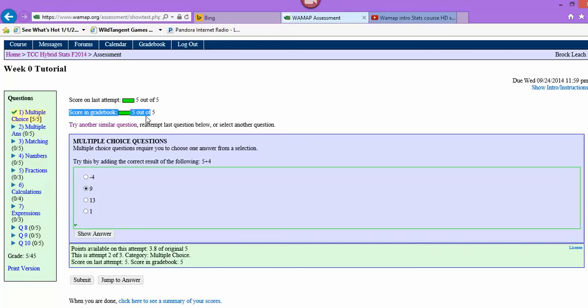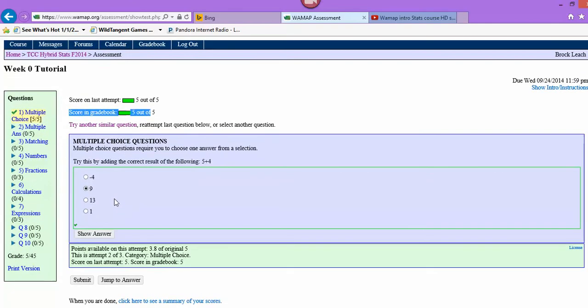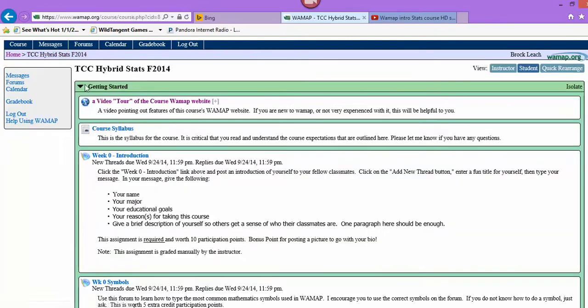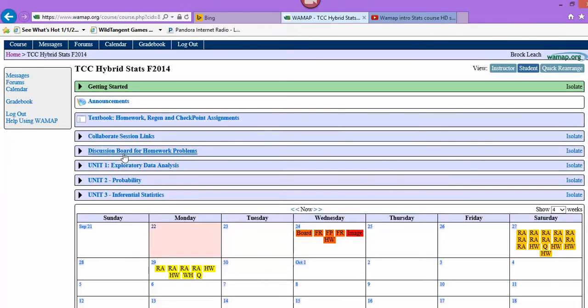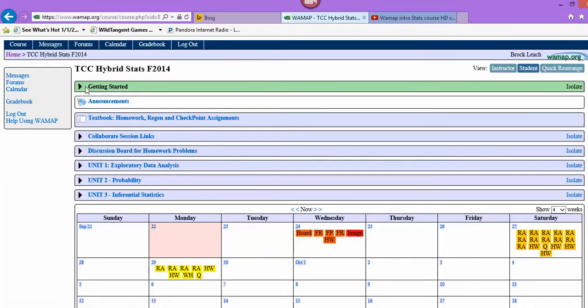Every time you miss a question on the first try, it's going to subtract 25% of your score, and that's there just to encourage you to keep on doing it until you get it completely right. This is true of most questions throughout this section. Your goal should be to get 100% on every homework assignment. Okay. So that's all the stuff under getting started, but you should do